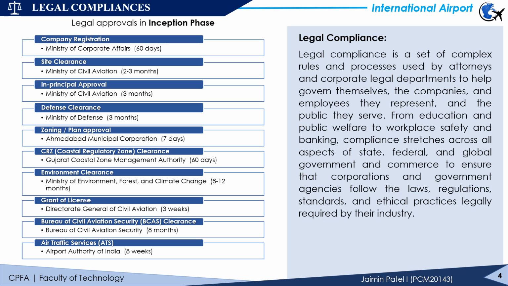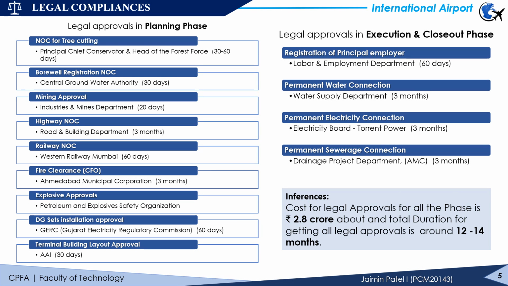Then comes the grant of license, then Bureau of Civil Aviation Security clearance, and air traffic services. And then comes the planning phase. In this, there is a NOC for tree cutting, then borewell registration NOC, then mining approval, then highway NOC, railway NOC, then the fire clearance, then explosive approvals, then DG sets installation approvals,